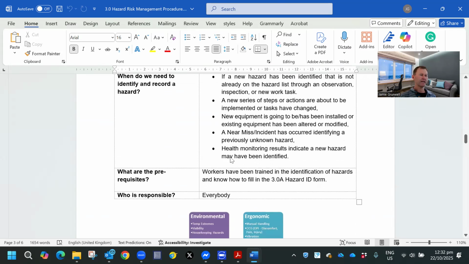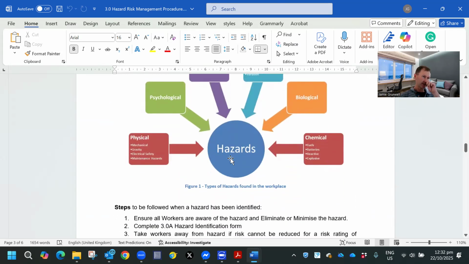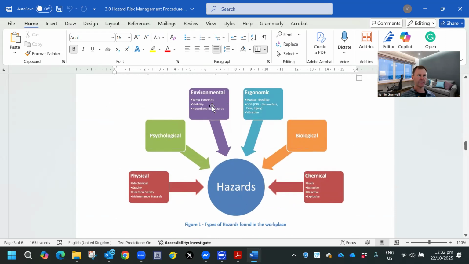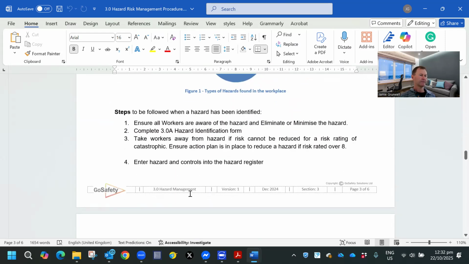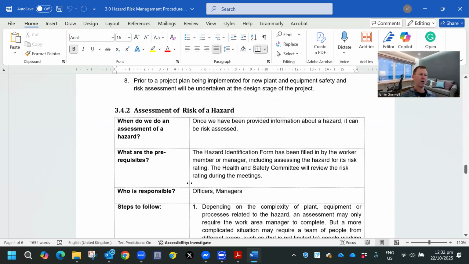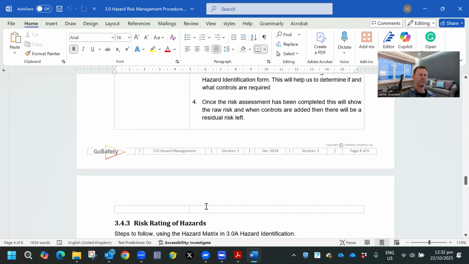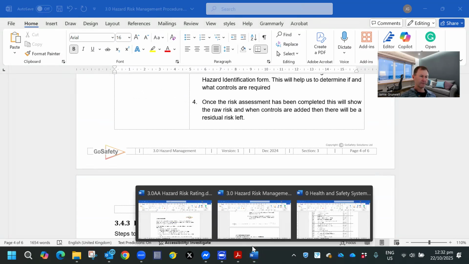health and safety induction. So if you go down, you can see all of the different types of hazards you can have. And it basically gives you a little bit of a guide on how to report a hazard, what to do when you've got that hazard, which I'll also talk about in the video to come. Okay, so if we go down to the bottom here,